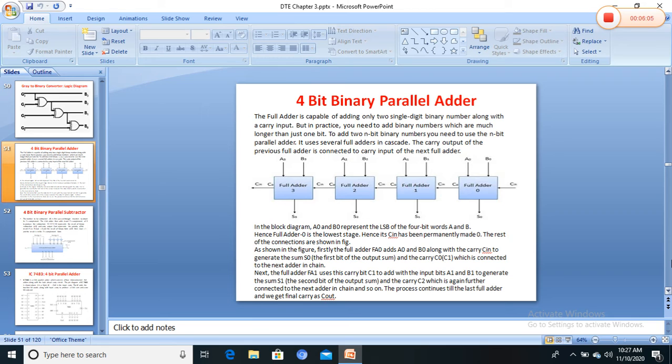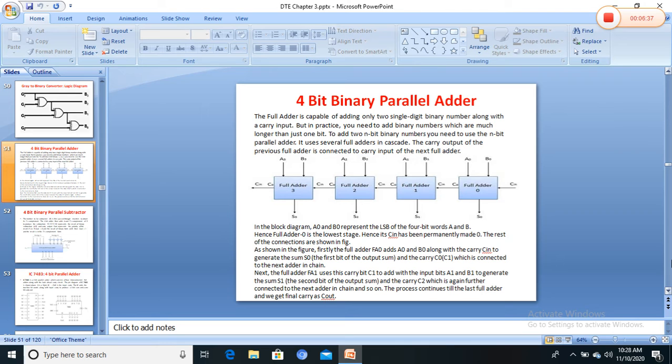The 4-bit parallel adder is a very common logic circuit. In this block diagram there are two 4-bit inputs, A3, A2, A1, A0 and B3, B2, B1, B0, and one carry input and one carry output, and the 4-bit adder gives the sum output S3, S2, S1 and S0. This is the 4-bit parallel adder, and in this we add the